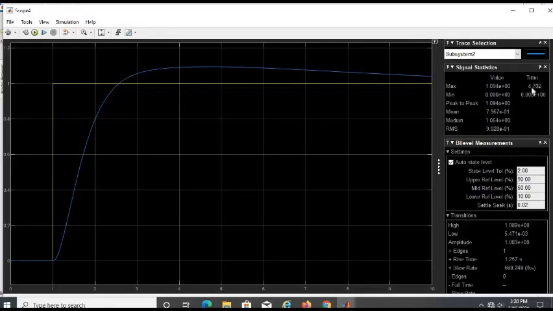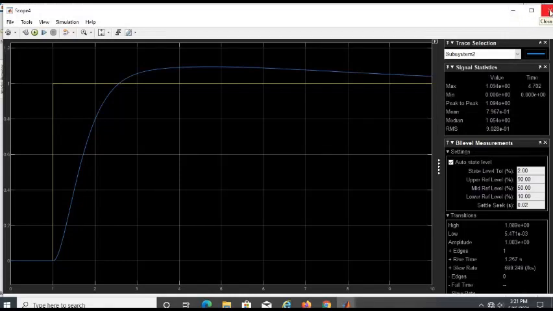And then there is the time where the maximum exists. And then there is the rise time 1.257.